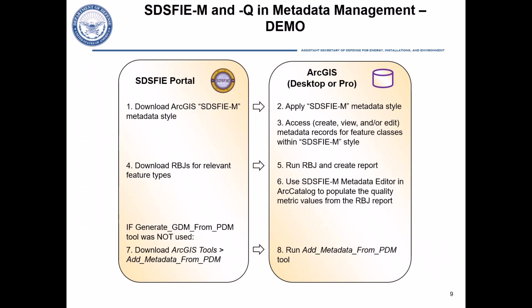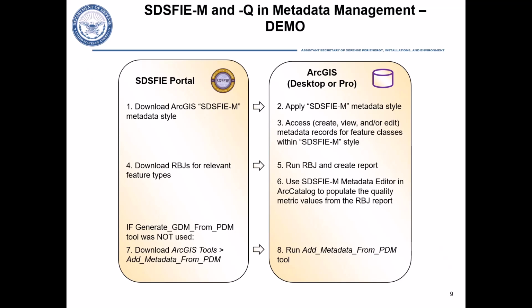These are the steps in which the suite of SDSFIE-M and Q products and processes will be demonstrated for a use case involving a building's dataset for a hypothetical Marine Corps installation. We will see where to get the ArcGIS metadata style packages and the DCS and RBJ for SDSFIE-V building. We will take a quick look at the existing building's metadata record through the SDSFIE-M style, see the detailed entity attribute information, and locate the quality portion of the record, where the quality metric values and supporting documentation will be